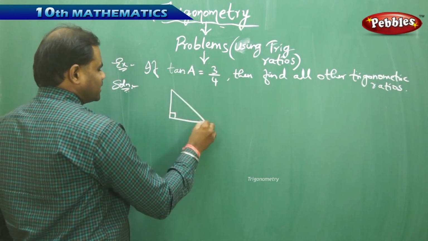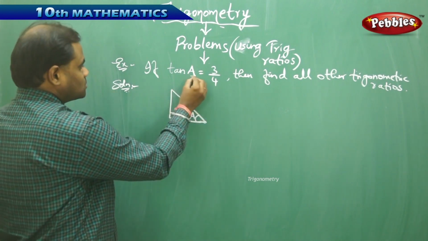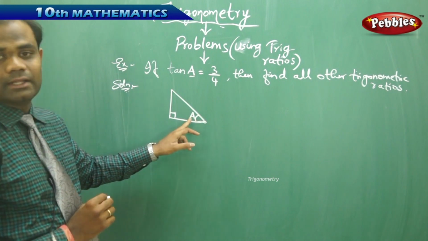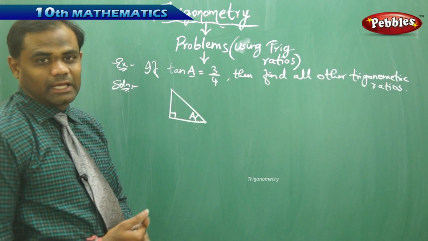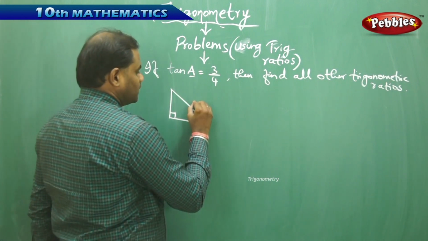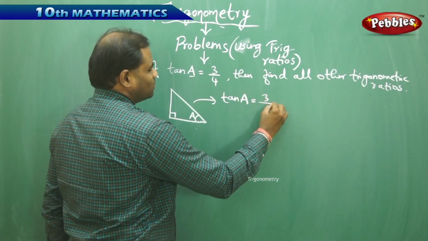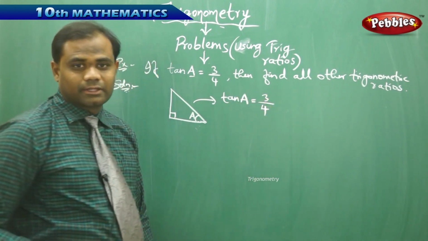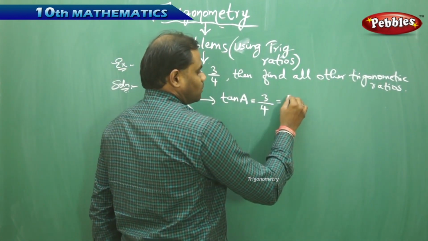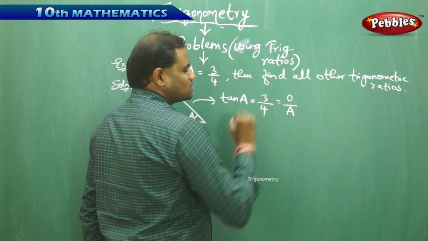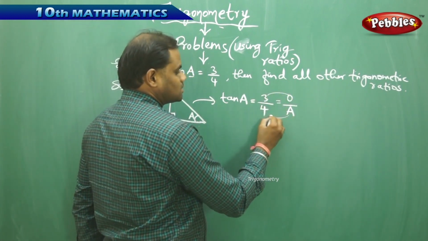So this is a right angle triangle. Say the angle is A out here, because the angle is not theta, it's A. I take the angle A out here. Therefore, I take the trigonometric ratio with angle A, where one of my trigonometric ratios is given as tan A equals 3/4. Since 3/4 is opposite by adjacent using the formula, my opposite is 3 and my adjacent is 4.